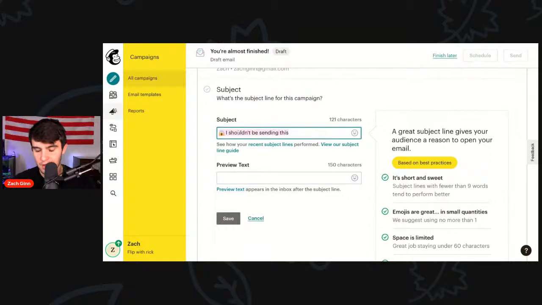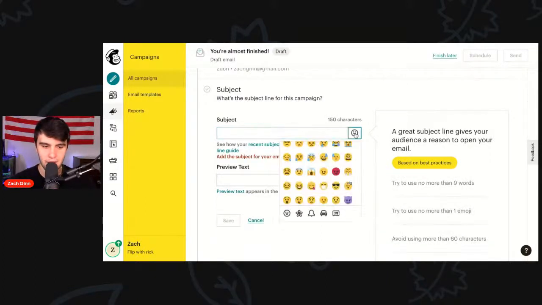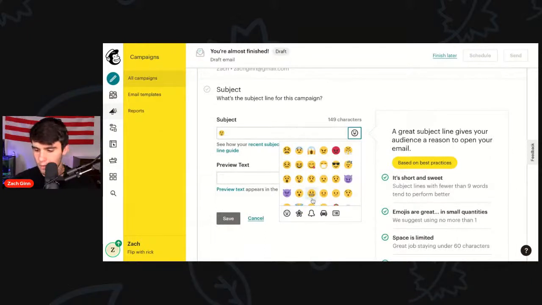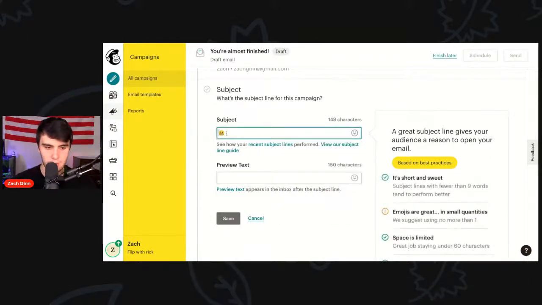And the last one you should actually test to send out will be something very similar. We kind of like the shocked one, but I guess you can make it a little different. Actually, I'll do this one. I don't know why, I'm just feeling it. And then since Rick's my partner, I want people to be like, oh my gosh, I'll answer that one. So it'd be like, Rick is going to kill me for sending this. And then we'll do that.